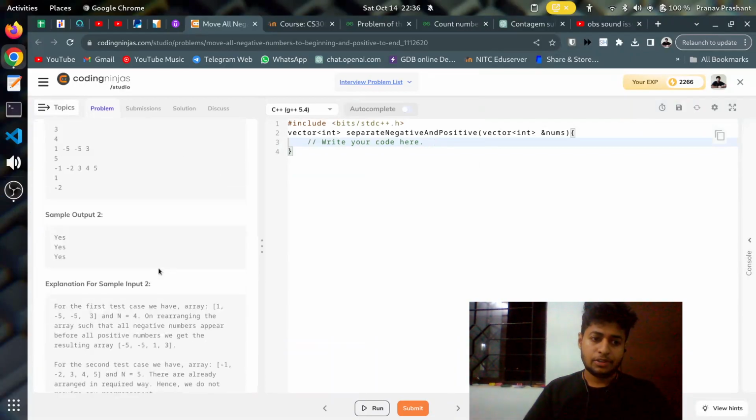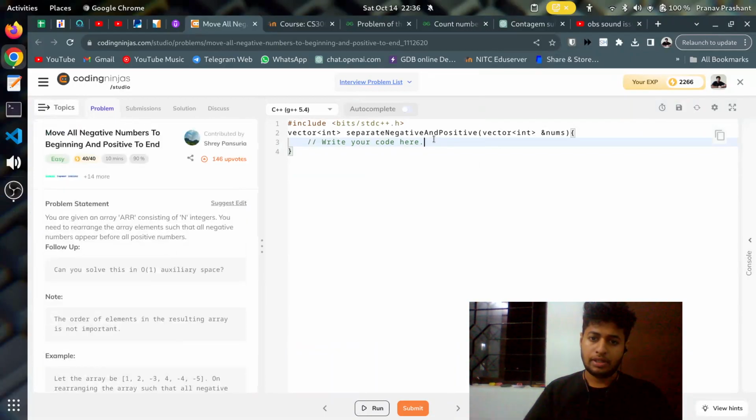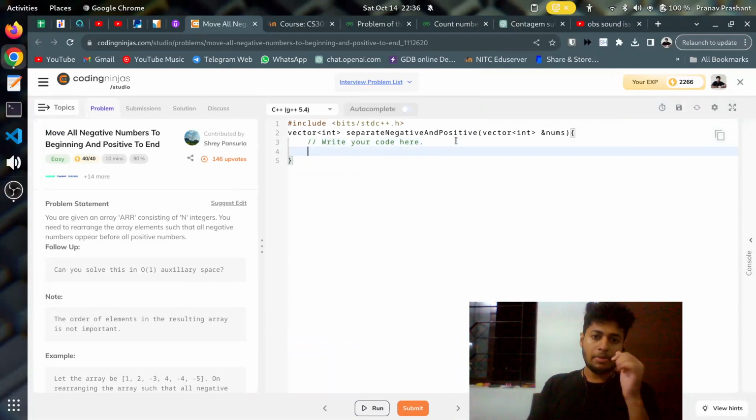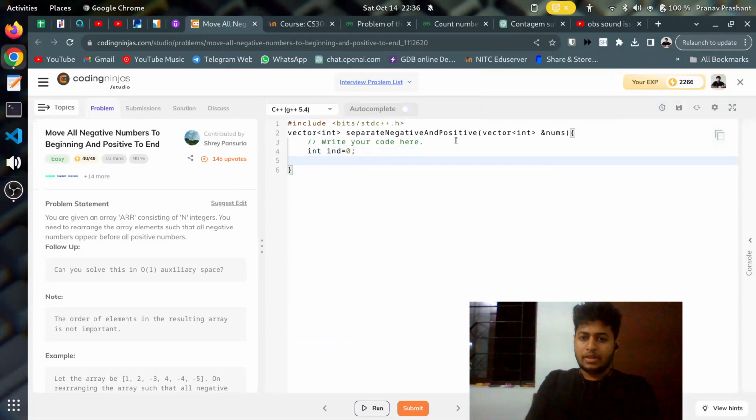We should not be creating a new array. That is the constraint it has, so we have to do it in place. We'll do that by first finding out whether the array has a negative element or not. Okay, how do we find that out? Let's say we initialize this index to -1 and traverse through the array. We'll take another variable and store the size of nums,